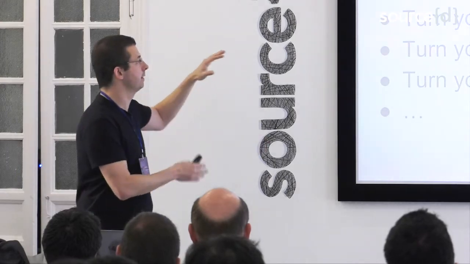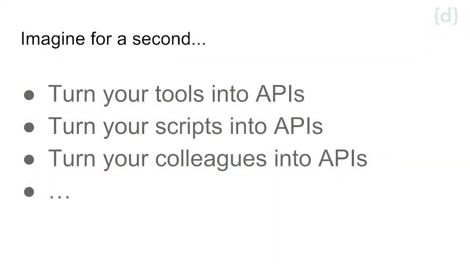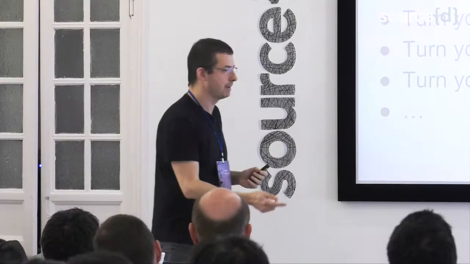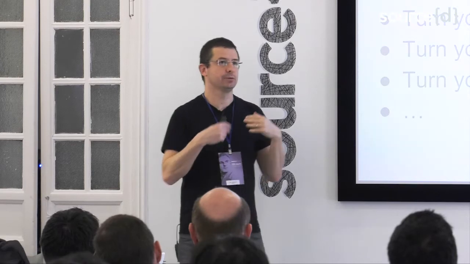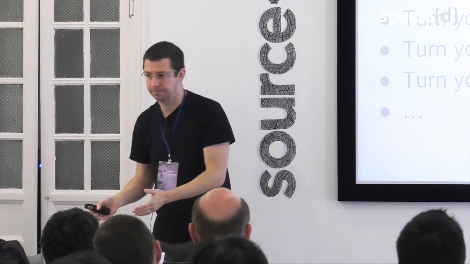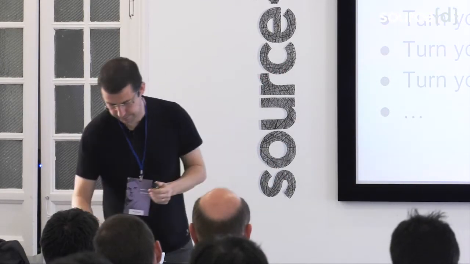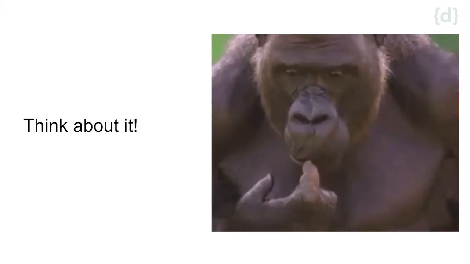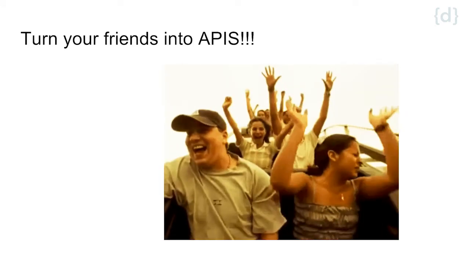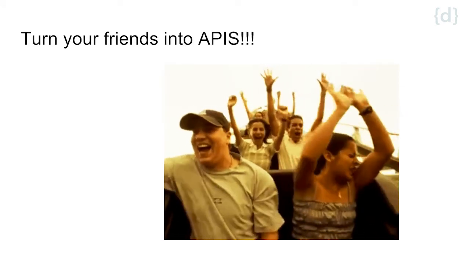And it's the idea of having all these APIs. You turn all these things that you were running somehow into APIs. You can automate now what Chef and Puppet failed to do. And Chef and Puppet, they provide an Ansible, they provide an API. But you have to think, well, a tool that provides an API is not an API. Think about it. Because at some point you will say, you can turn your friends into APIs if you want.